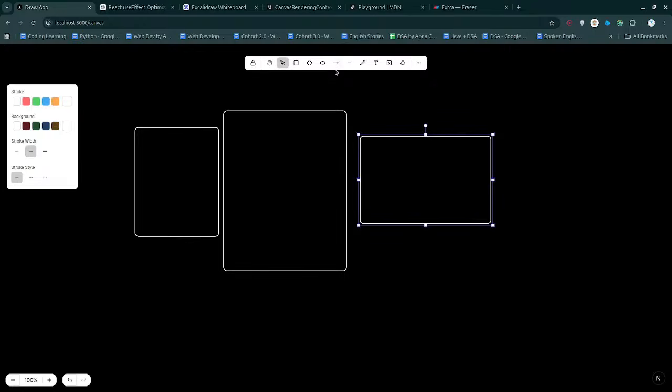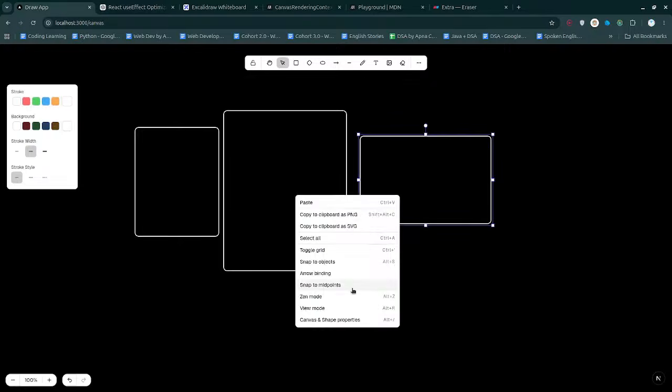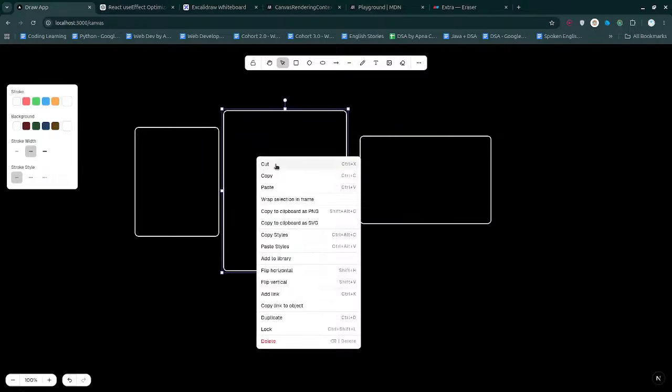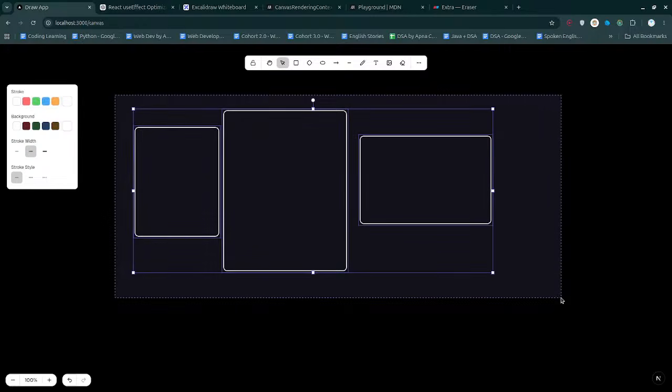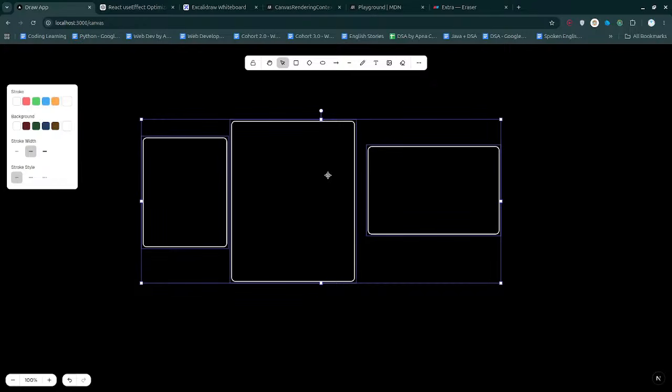Apart from this, paste is easy. Cut, we can easily cut it. Okay, cutting in the sense we should be able to paste it as well. For pasting, we are going to create an array. So an array for pasting, and whatever there is, that's just simply going to be pasted. Copying and cutting will just push it there. And copy styles is easy. We can just select one or more, and once they're actually selected,